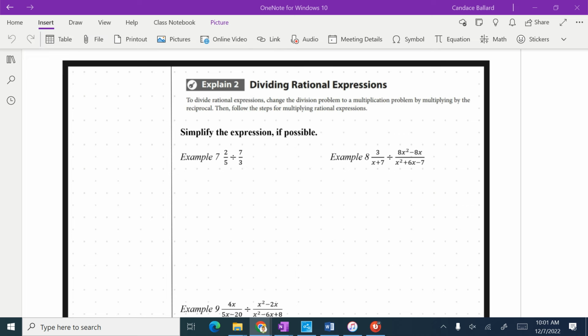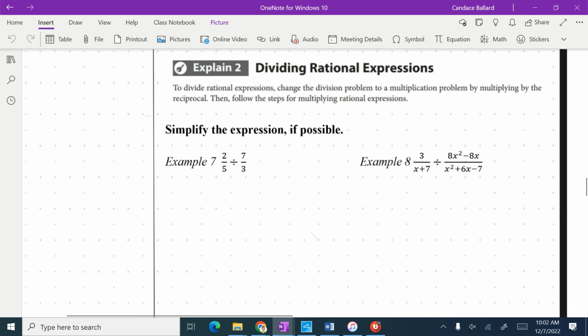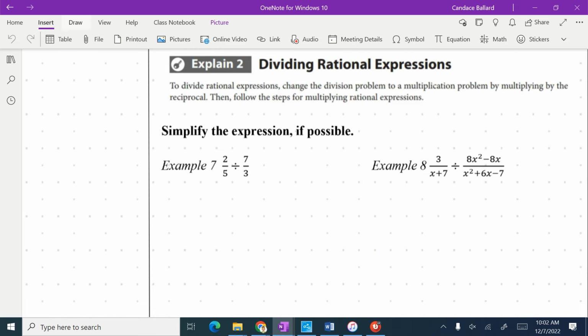Okay, dividing is literally adding one step to multiplying. So in theory, I could give you one quiz question and just give you a division, and I should understand that you know how to do multiplication and simplifying. That's literally it. I could give you one question on this quiz, and it would be division. Okay, so what it says is that we are supposed to